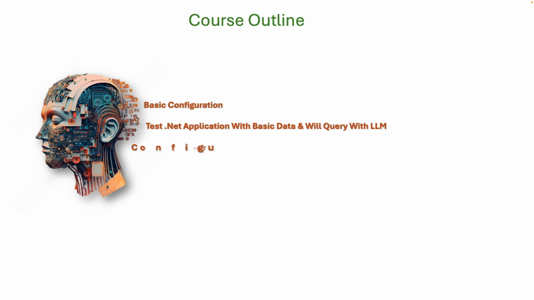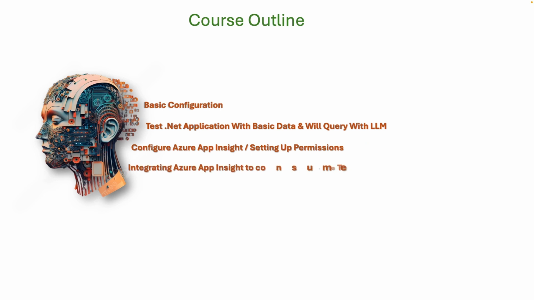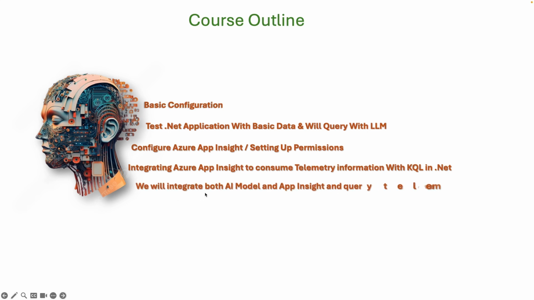And then we will configure AppInsight and set up the necessary permissions so that we can use AppInsight within our APIs. And then we will integrate AppInsight to consume the telemetry information with the help of KQL in .NET. And finally, we will integrate both AI models and AppInsight in our API, and we will query the telemetry data